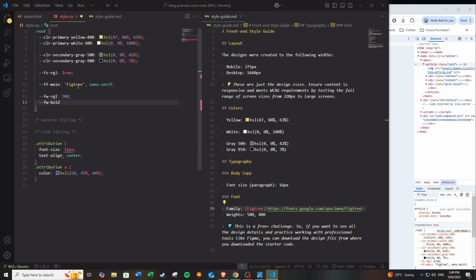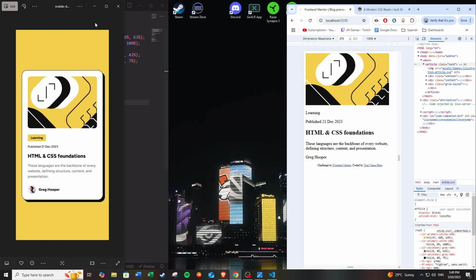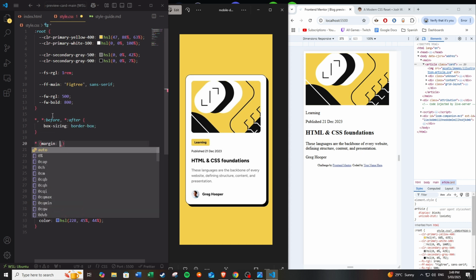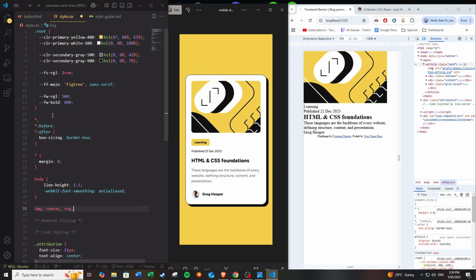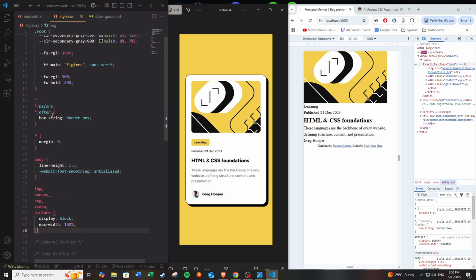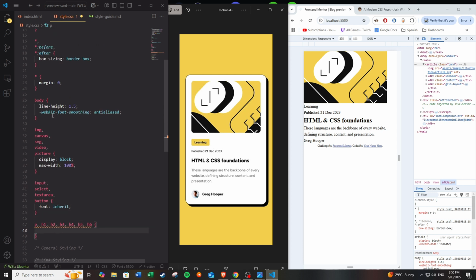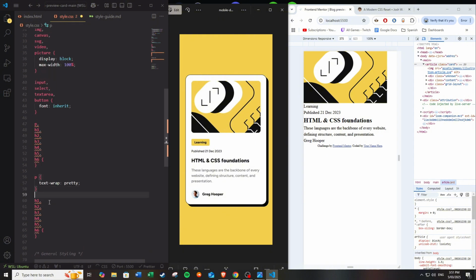Actually, now looking at it, the CSS custom properties, I'm having a little bit of trouble with the naming as well. Like color primarily yellow 400. I'm getting the 400 and 100 and whatever. I don't know if this is common, but a lot of my style of coding is going to be relatively similar to Kevin Powell, the YouTuber who I've mentioned before. I'm watching a lot of his videos and I know that's how he sets up his custom properties. Whether I agree with it or not, it's just